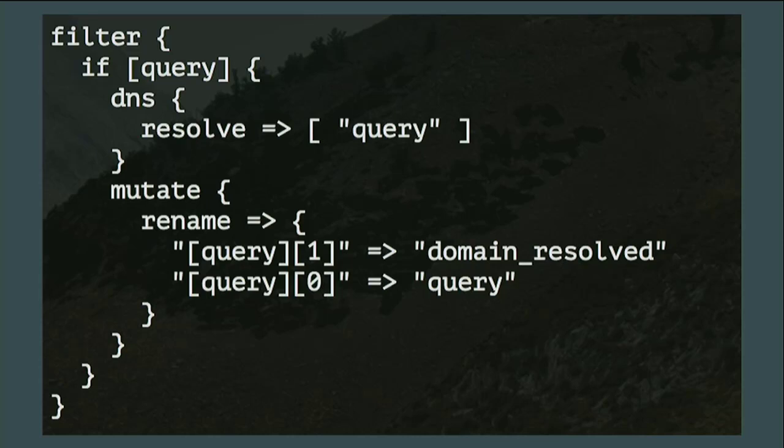So, that aside, maybe it's useful for you to know, okay, this thing came in at 1:30 a.m., and within about 5 seconds, let's see what it looked up to. Okay, so we're going to use the DNS plugin. And we're going to say, take my query field and resolve it. If you have an IP address, you can do reverse resolution, right? You can do the PTR lookup.